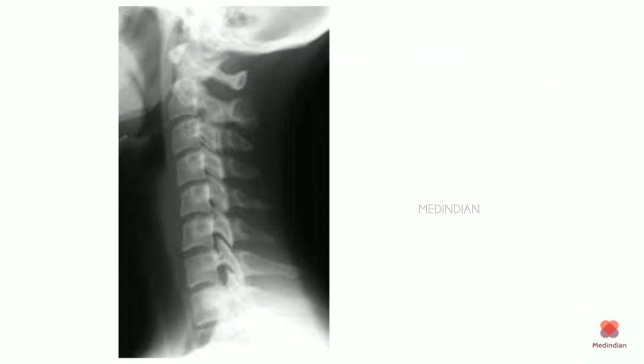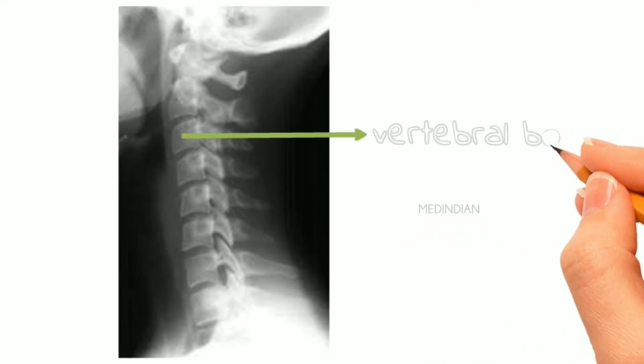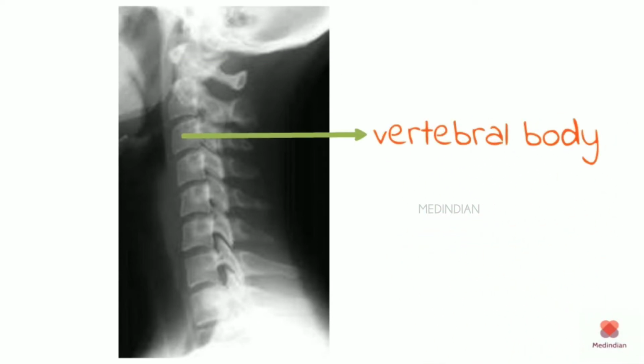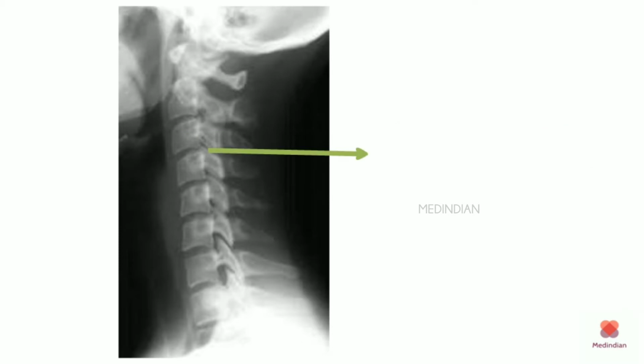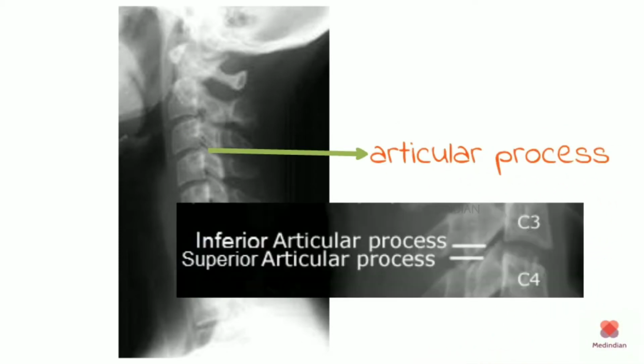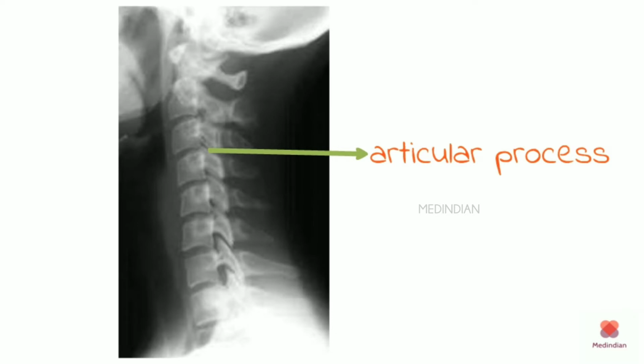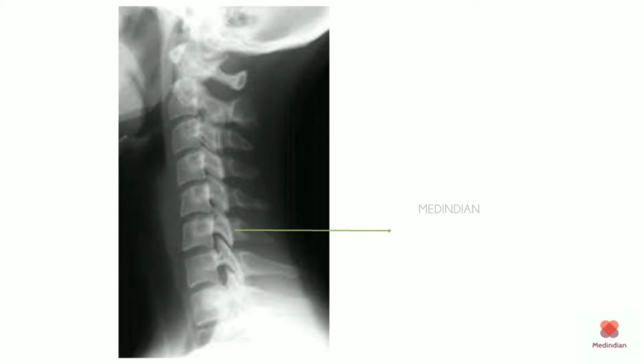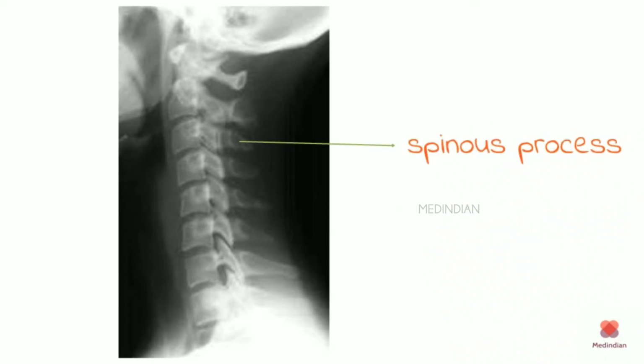In each vertebra, look for the vertebral body, the articular process, which are the projections of vertebra that serve the purpose of fitting with the adjacent vertebra, and the actual region of contact is called the articular facet. Moving on, look for the lamina, which is the flattened or arched part of the vertebral arch, the spinous process, which are the bony projections in the posterior part of each vertebra.